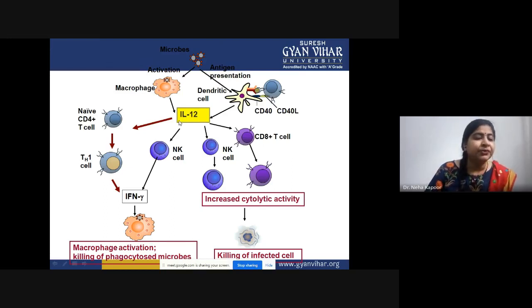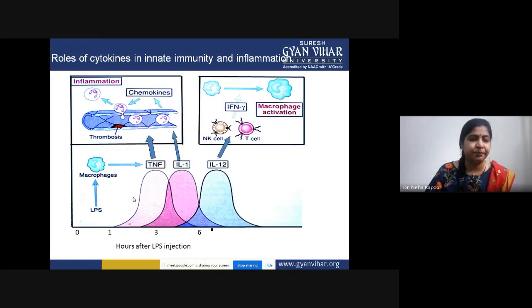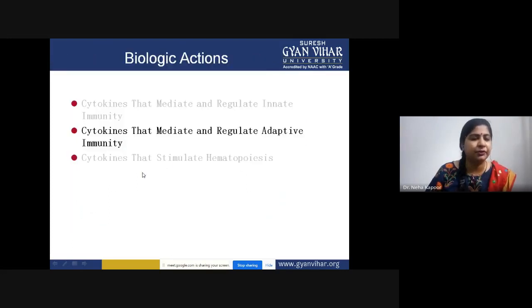On the other hand, the natural killer cell and naive CD4, that is the helper T cell, can secrete interferon gamma. This interferon gamma will lead to excessive activation of macrophages and induce the process of phagocytosis so as to eliminate that part. Now, the main role of these cytokines in innate immunity and inflammation is triggered. This is inflammation and how the neutrophils adhere and reach the site, and interferon gamma in response to a virus. And these are the levels of these cytokines after getting these kinds of responses.